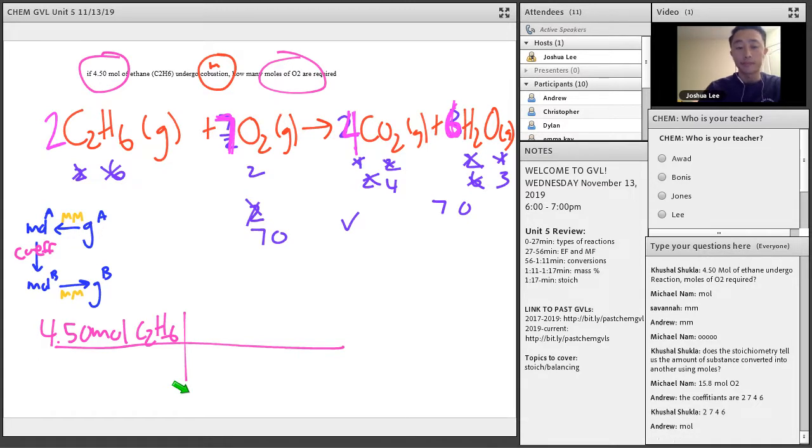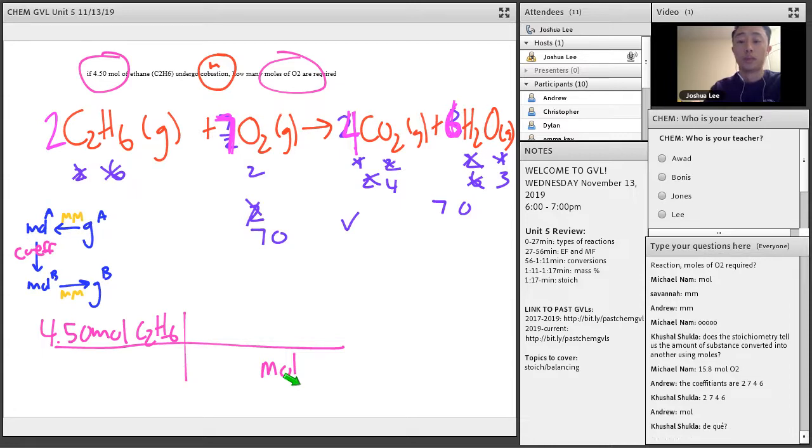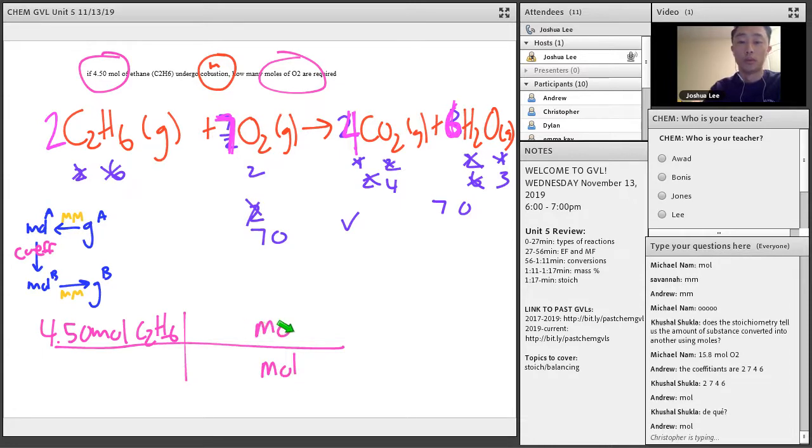Mole. Here's the problem. What unit do I want to go to? I also want to go to mole. So here's the problem now. If I just say, oh, I want to get rid of mole and I want to go to mole,